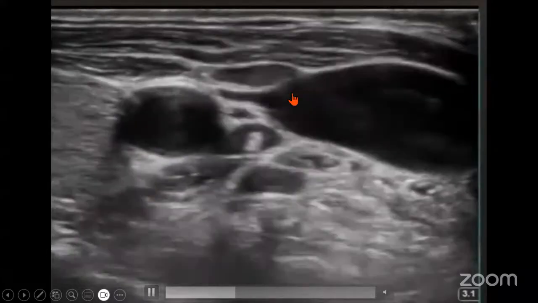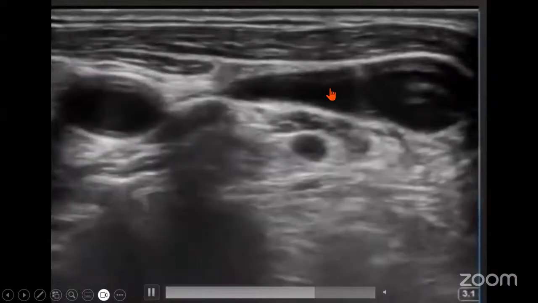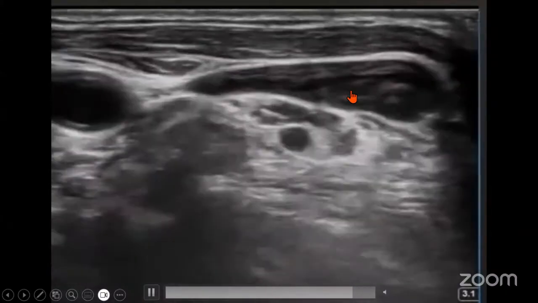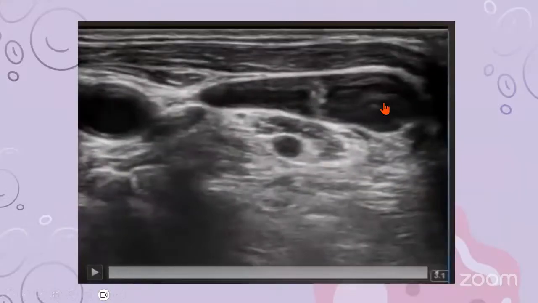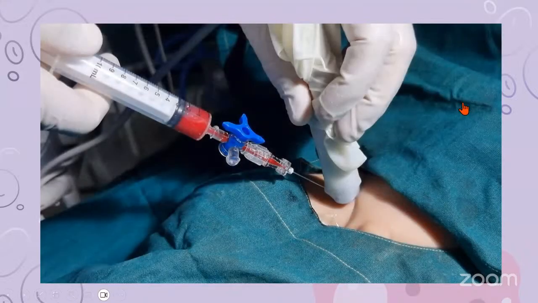When you enter the needle, you will see, can you see the hyperechoic thing coming in? So when it enters, you can see the vein. This is a hyperechoic needle. So your needle has already entered the vein. Then